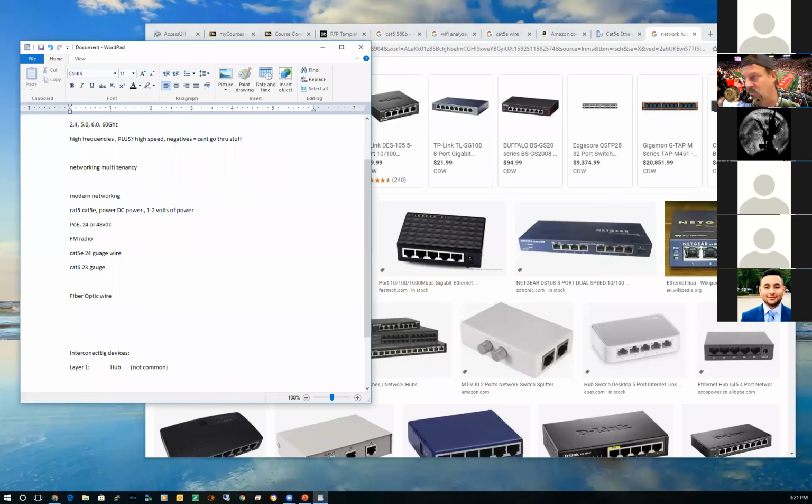You might see them in third world countries. You might see them in old people's houses, okay? I think I have a hub or two lying around. At layer 2,